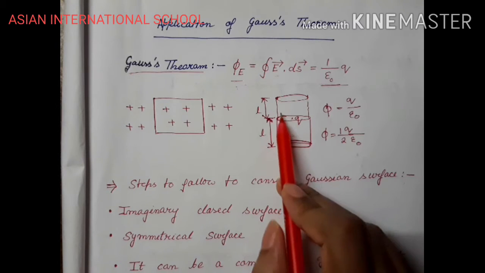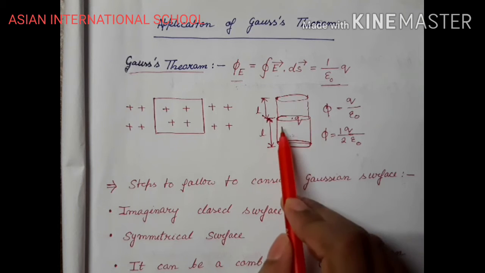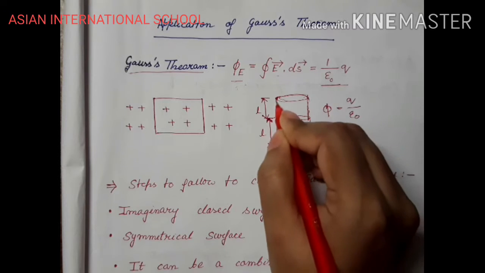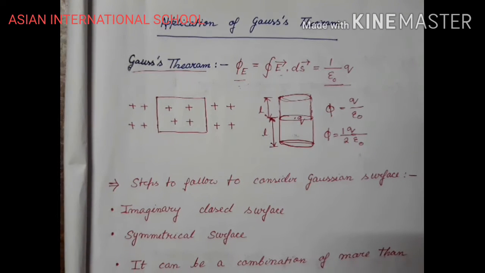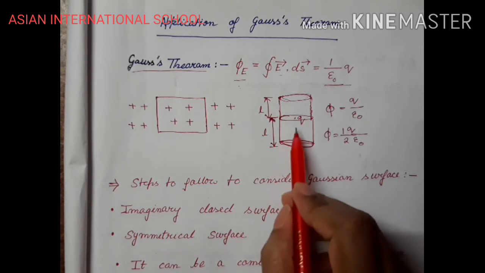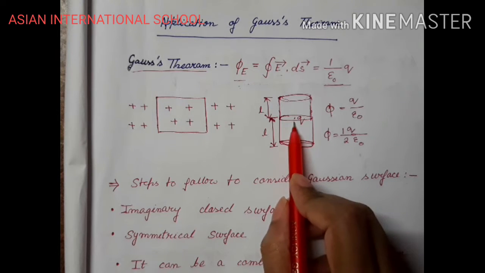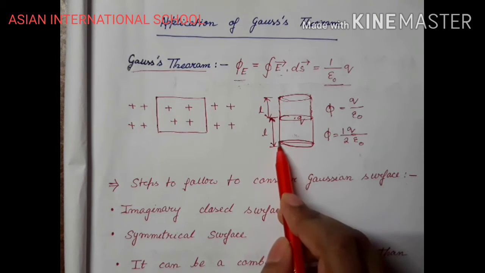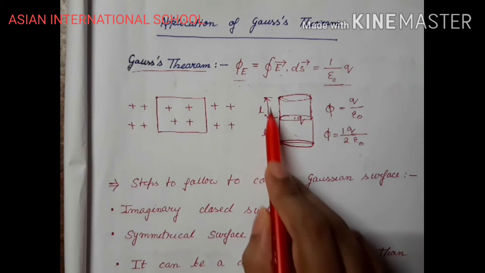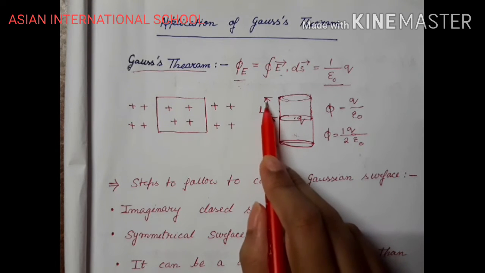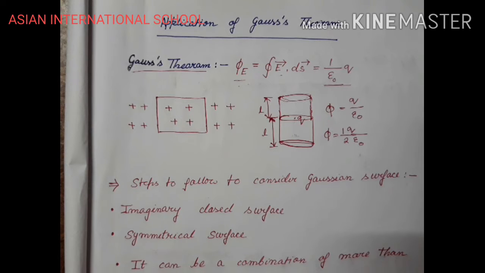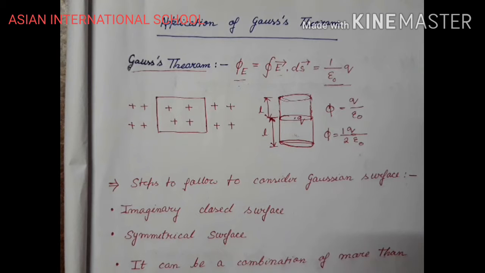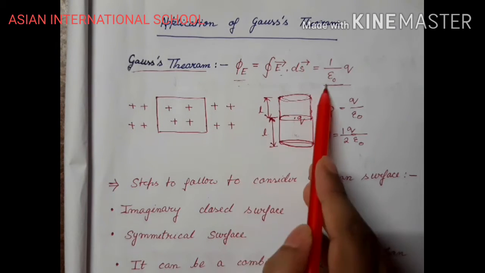So we are drawing a cylinder above the cylinder. This particular cylinder is our Gaussian surface, the imaginary surface with the help of which we can enclose this charge q. If you see this Gaussian surface which is drawn, it has a symmetry. This is also length L. We are considering that the Gaussian cylinder also has a length L. So we are maintaining symmetry and by somehow we are enclosing this charge q. If the charge q is enclosed, then we can apply Gauss theorem.